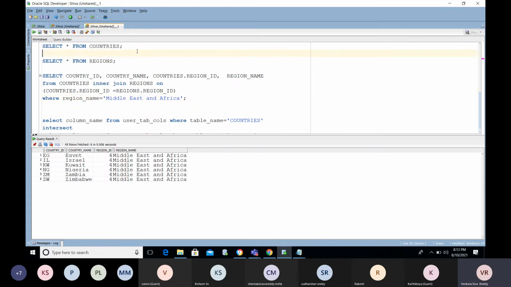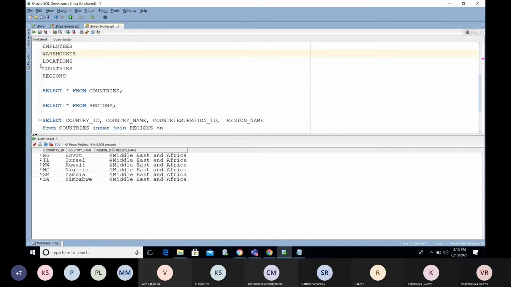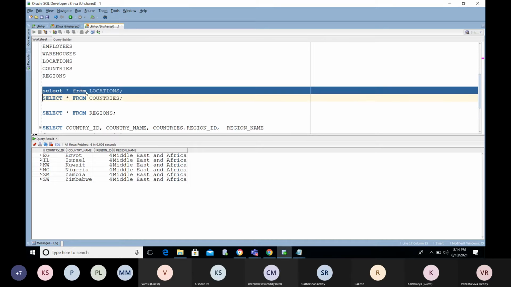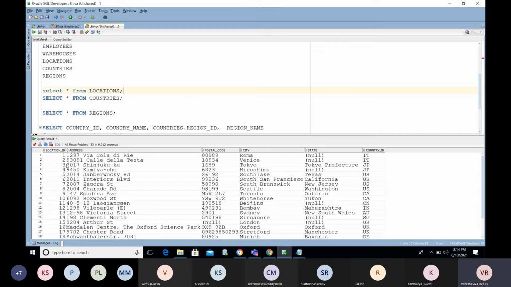We have other tables like locations. If you want to use the location details, we have location ID, address, postal code, city. South Lake is a location we have.